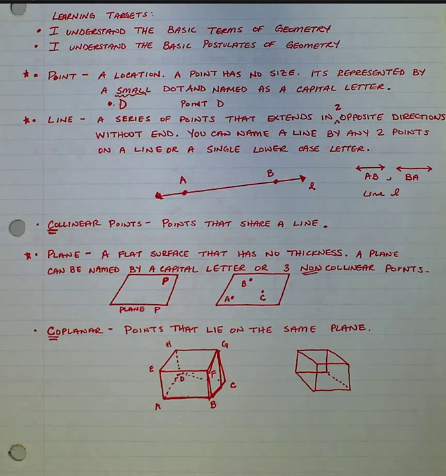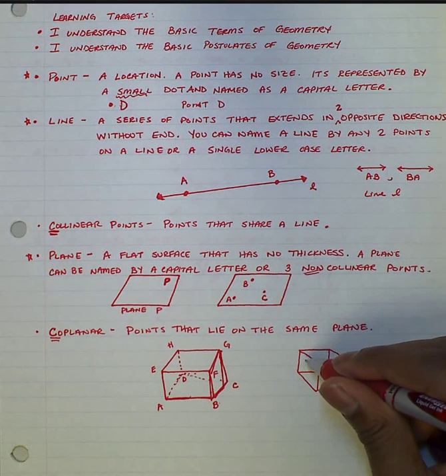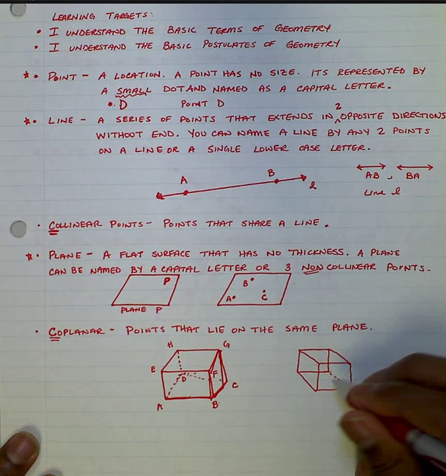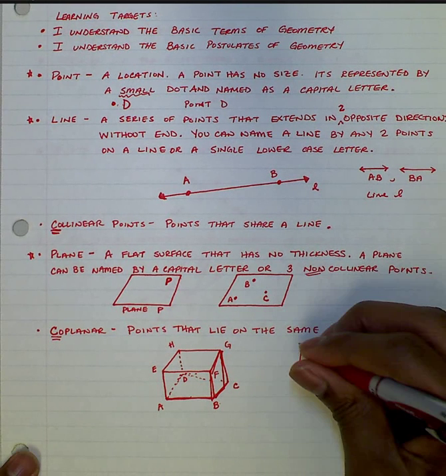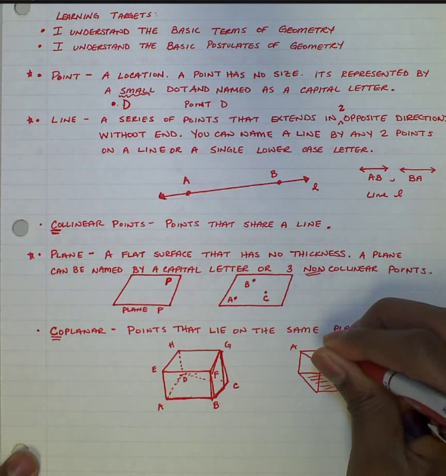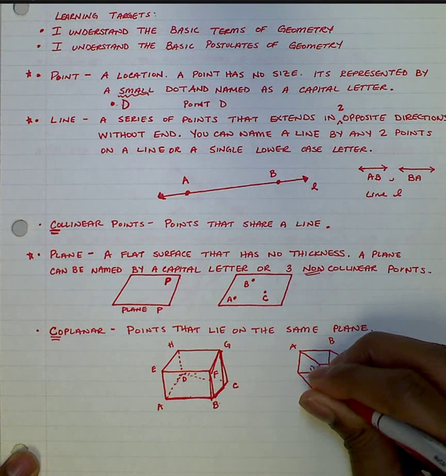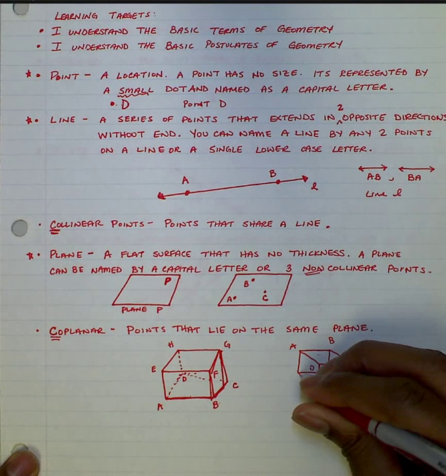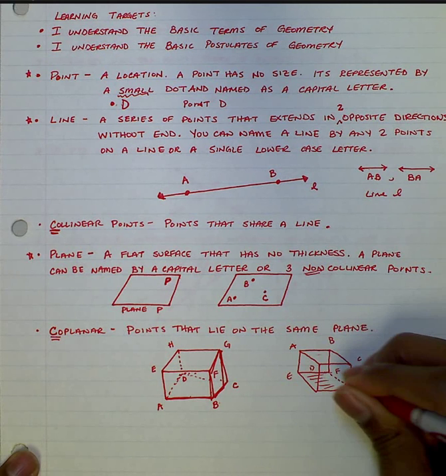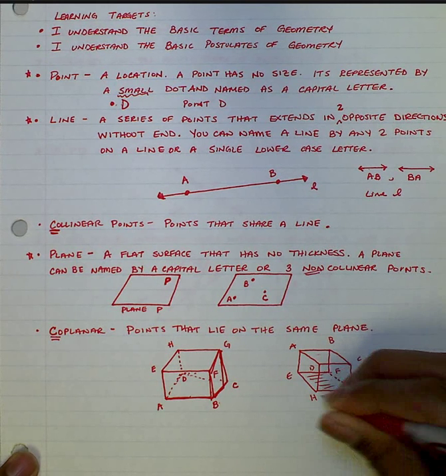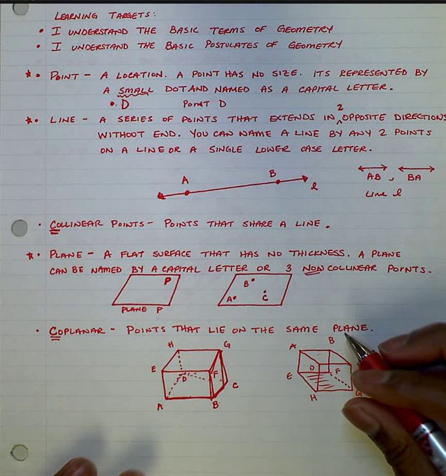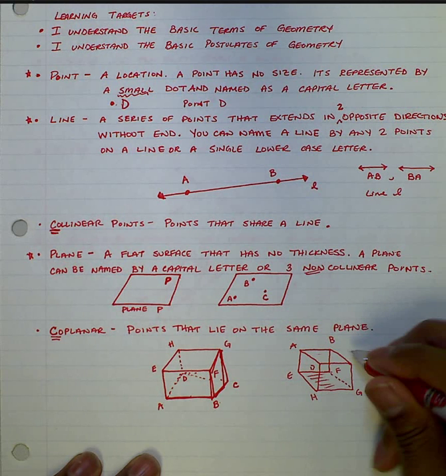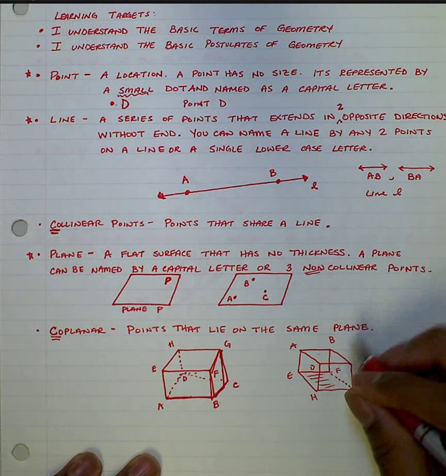All right, so like I said, with the planes, we're used to seeing the floor or the ceiling as a plane. I'm going to name these just so I can refer to them a little bit easier. C, D, I'll call this E, F, G, H. Okay. Now, planes happen all over this cube, though. Okay, even though we can kind of picture the floor and the wall and the ceilings and stuff like that,